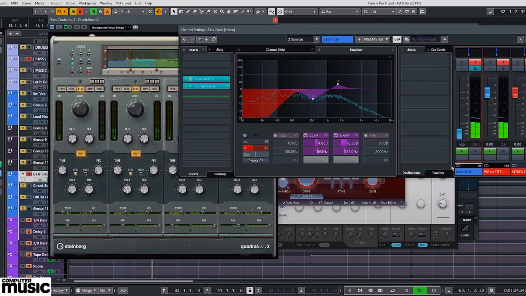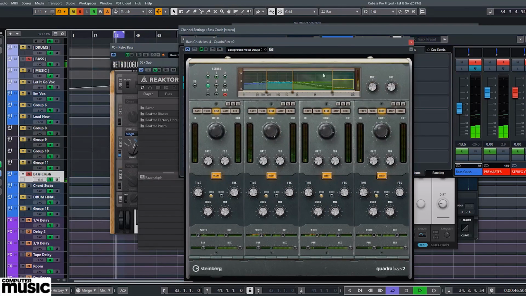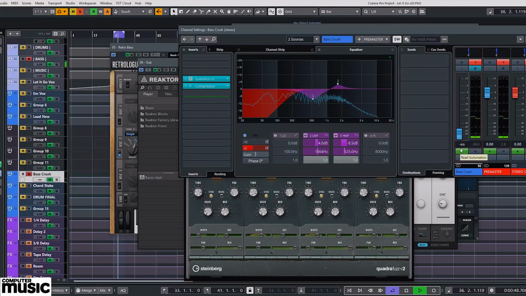On the parallel bass end here, there's a bit more crunch. Let's show what's being sent over the dry signal. That's without that parallel group, and that's with. So it's giving it a bit more mid-range, making it sound a little more interesting. Also helping it come across nicely on smaller speakers where you're not necessarily hearing the sub, because